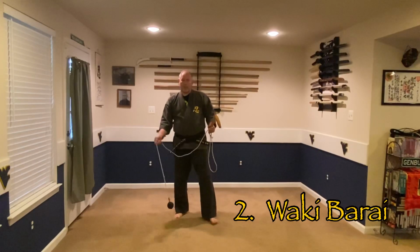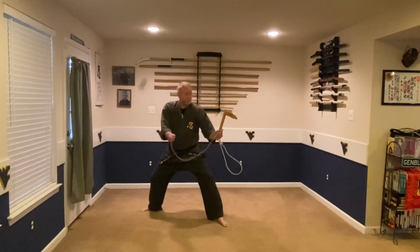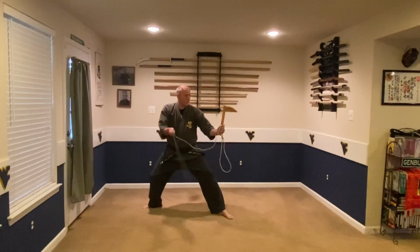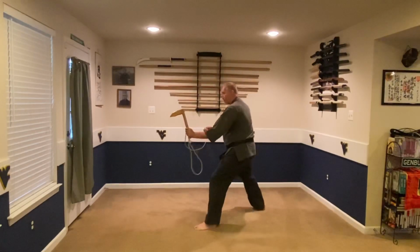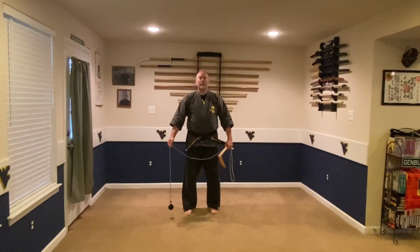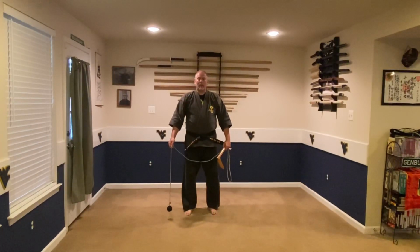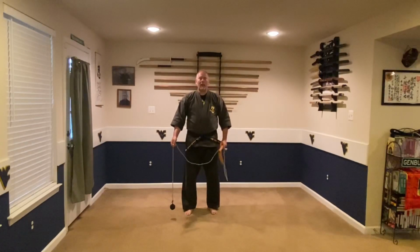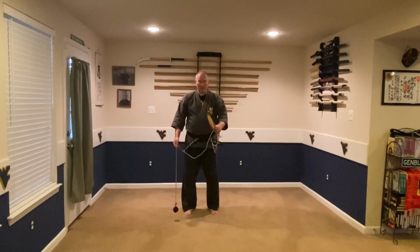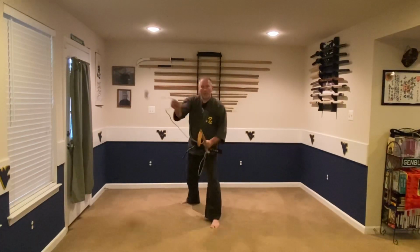Same thing, but instead of the weight spinning forward, the weight is going to be spinning backwards. Next, number 3, Hachiji Furi. This is basically making an X, and I want the weight to be spinning forward. So think of Furi starting with an F, forward. Barai starting with a B, backwards. So Hachiji Furi is learning how to